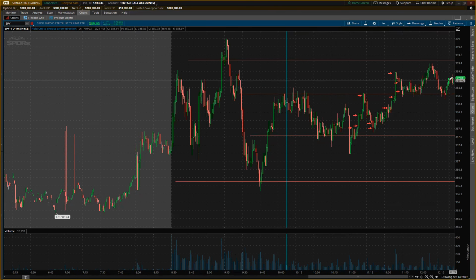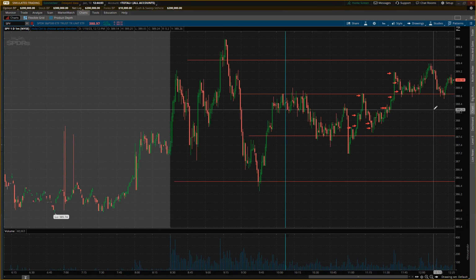We have 1, 2, and 3. It's bouncing off the bottom, and potentially you can get in here, and it's kind of hovering right now at this zone. I don't know what's going to happen here. We're a little bit live right now, but if you were to potentially get in here, we can see what's going to happen. Again, not a foolproof system, but